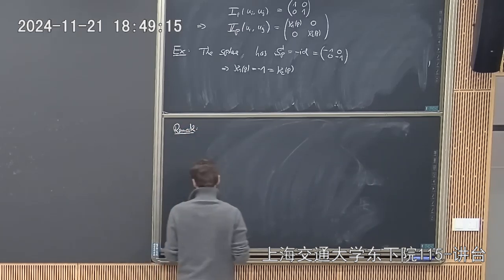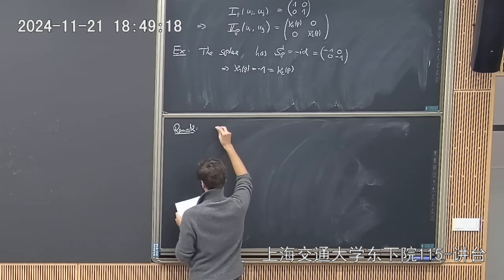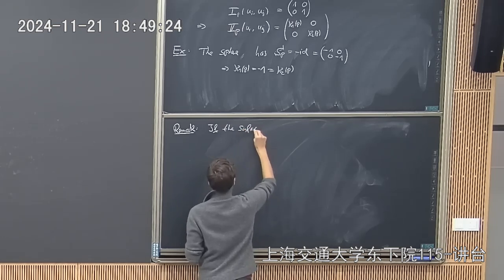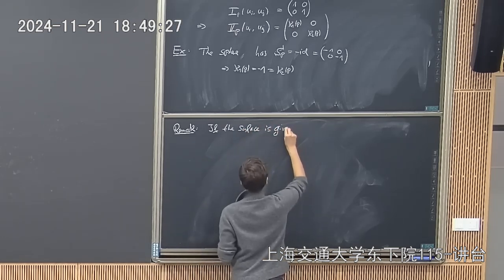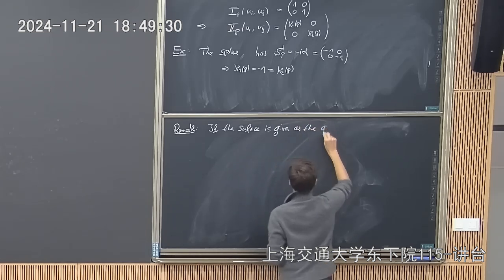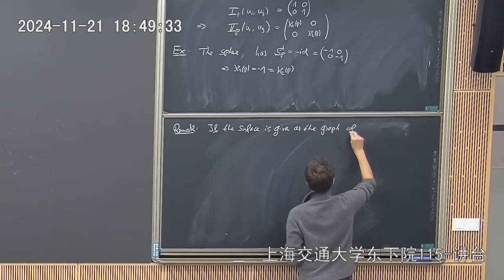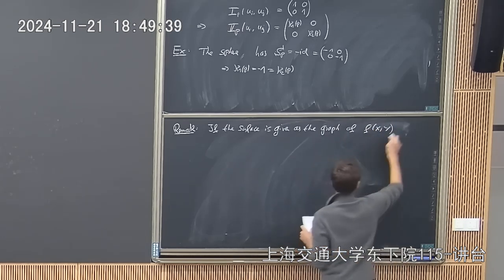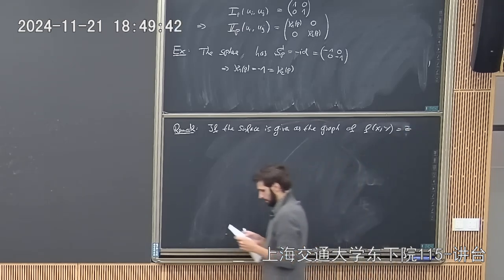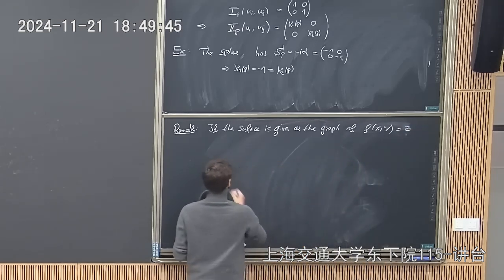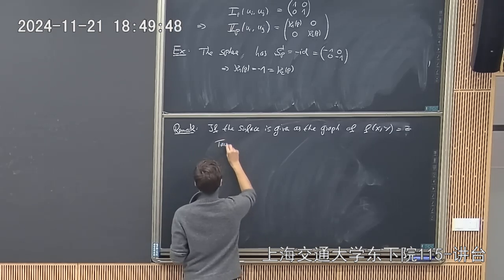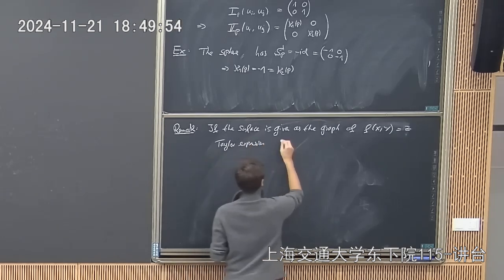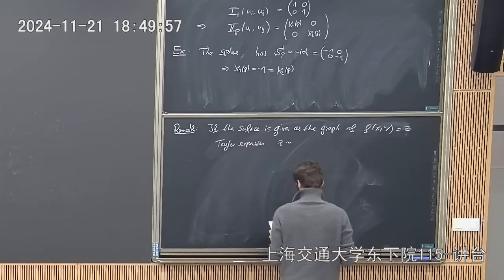So if the surface is given as a graph of a function of two variables, equals to 0, then Taylor expansion says that at least in some neighborhood, the surface is given